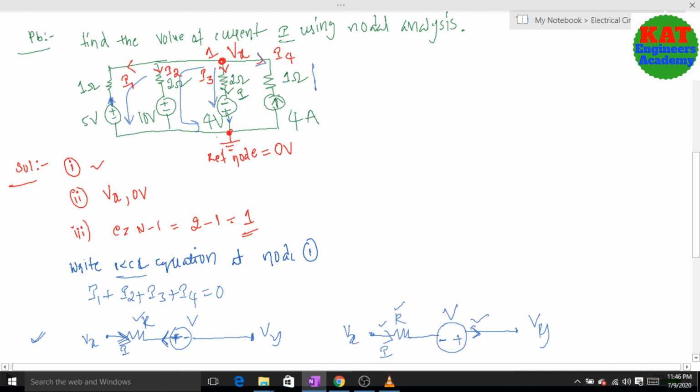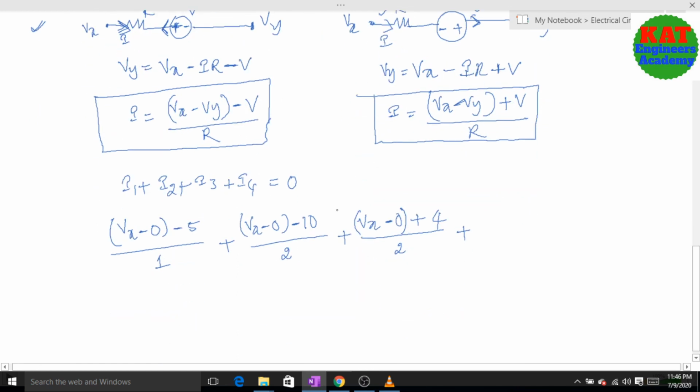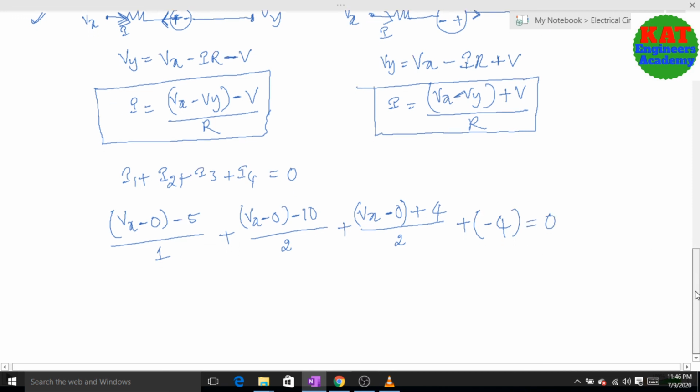That current is 4 amps, but our direction is towards the downward, while they have given the current direction opposite. Opposite is nothing but you can consider the I4 value as negative, that is directly 4 amps. If they are given any current value, you can consider that value only. Don't consider voltage equations, because they are already given the I4 value. There is no need to calculate the I4 value. So finally that I4 is 4 amps. That 4 amps is to be negative, so consider minus 4 equal to 0. So finally like that you have to frame the KCL equation.